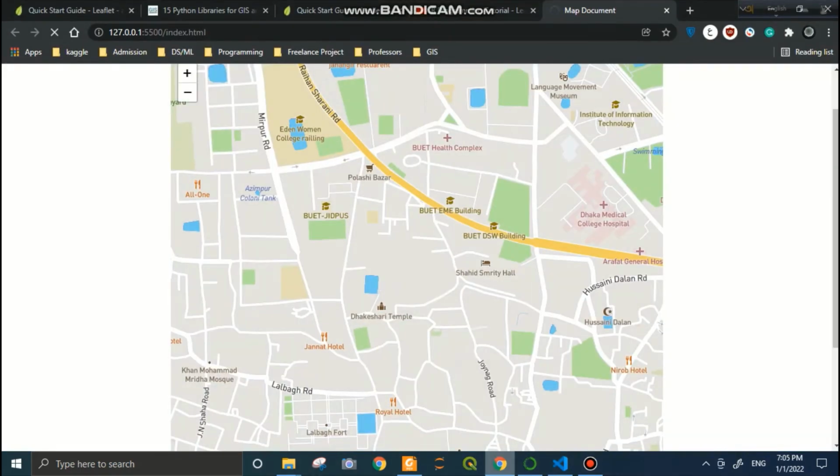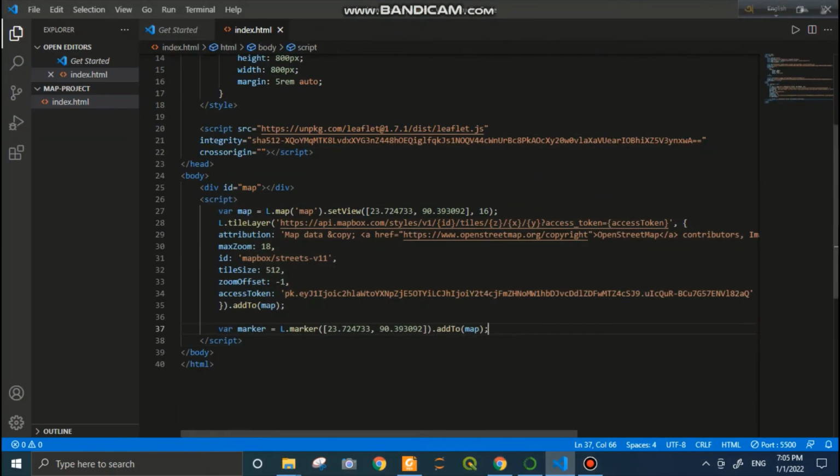Like above the marker there will be a pop-up saying this is something you like to write, or like this is Ahsanullah Hall, this is Ahsanullah Hall playground, like that. So for that reason I'm going to add a marker dot bind pop-up section, and I can write the message like